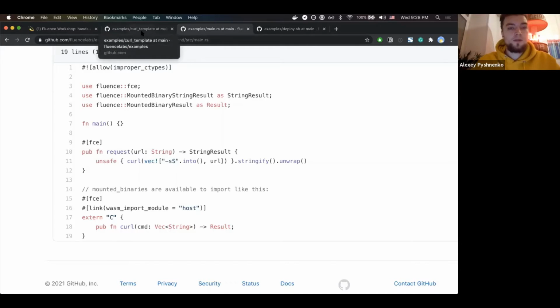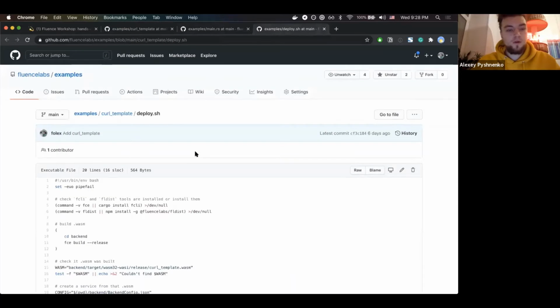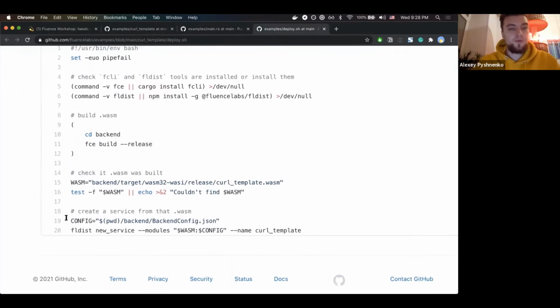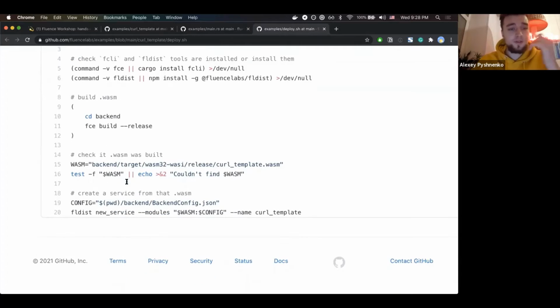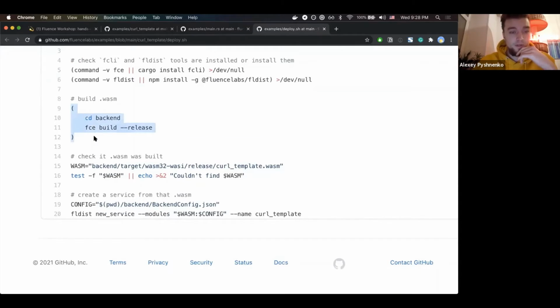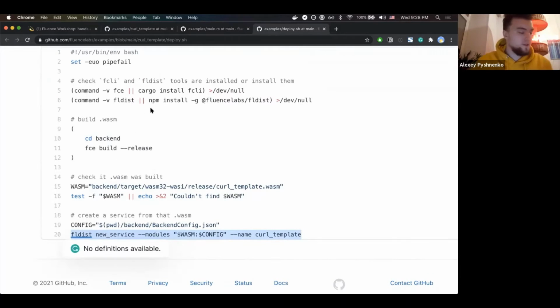So how is it deployed? How to deploy a service to Fluence? It's pretty simple. The first thing is this, and the second thing is this. Everything else is just fancy scripting stuff that we don't really care about. So to compile the WebAssembly file, you have to go to the backend folder and run marine build --release. That's why you need marine